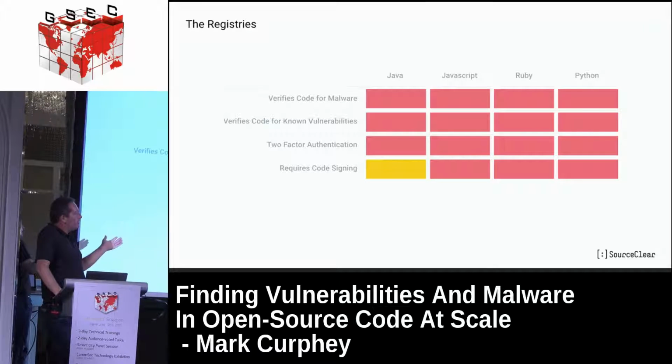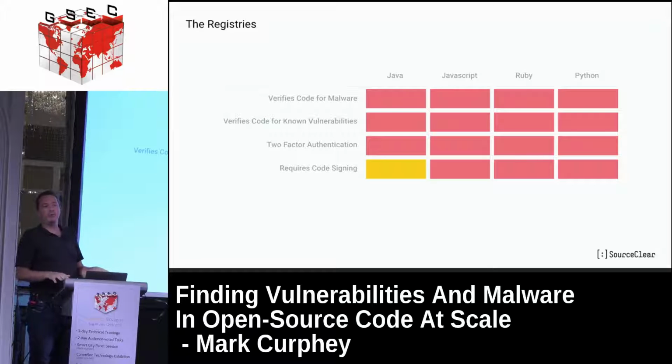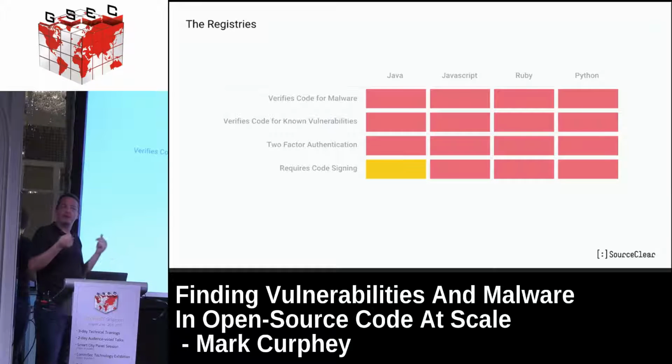You'd think that all of these things could be solved by code signing, so at least you know where things came from. Although in reality, code signing only solves one problem, which is once the letter bomb has gone off, I know who sent it. It doesn't solve any other problem. And that's not always that useful, right? Once the bomb's gone off, it's kind of too late. I can find out where it happened, but it doesn't stop the bomb going off in the first place. So most of these have mechanisms to do self-signing, which is meaningless. It doesn't help at all.